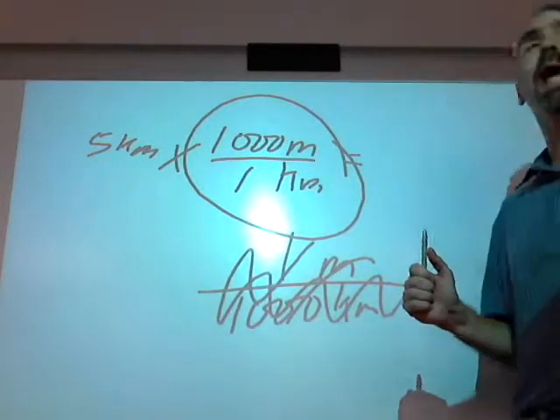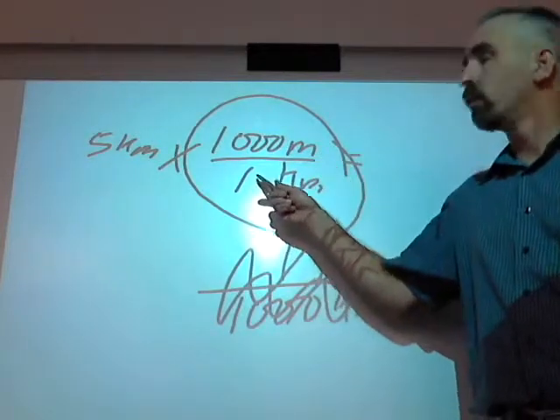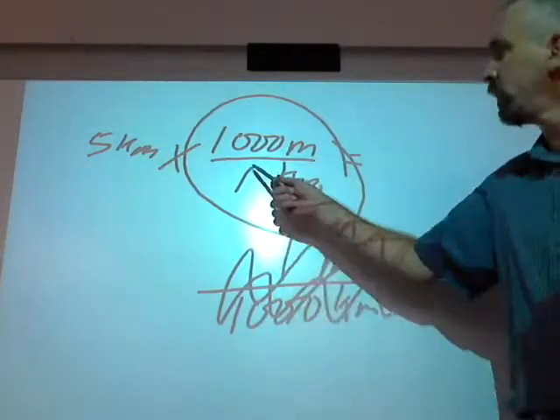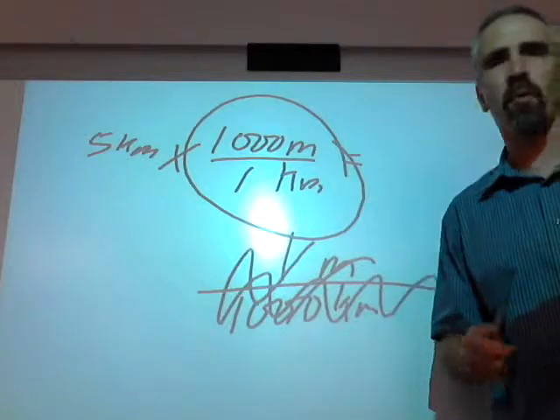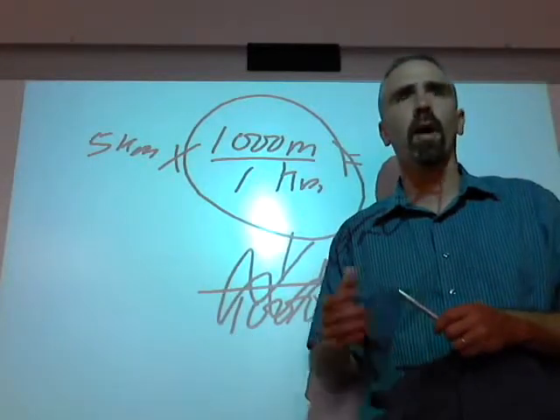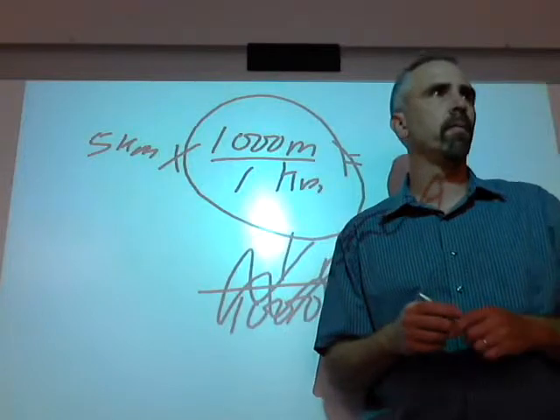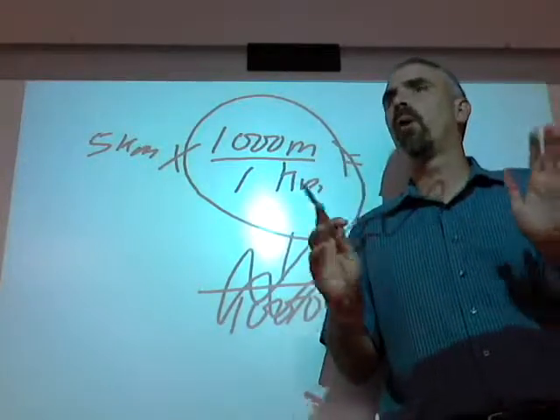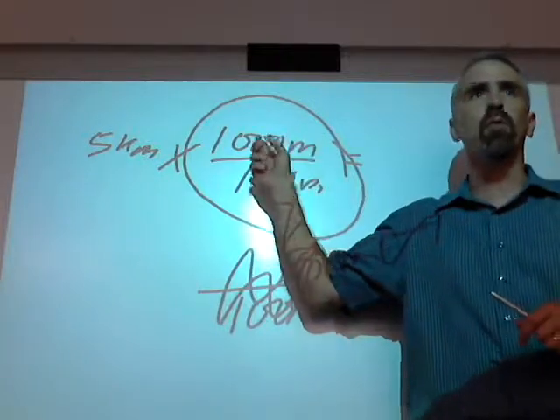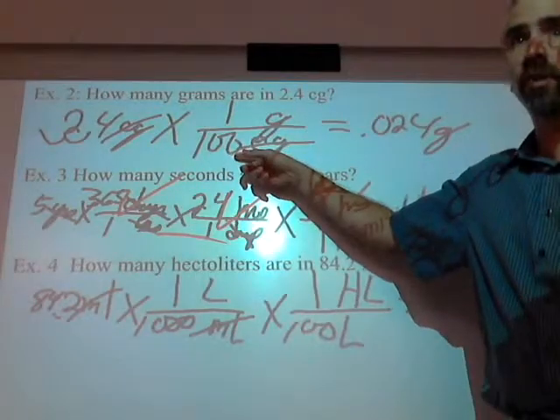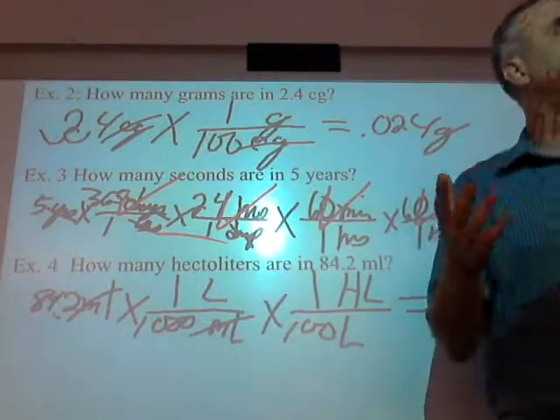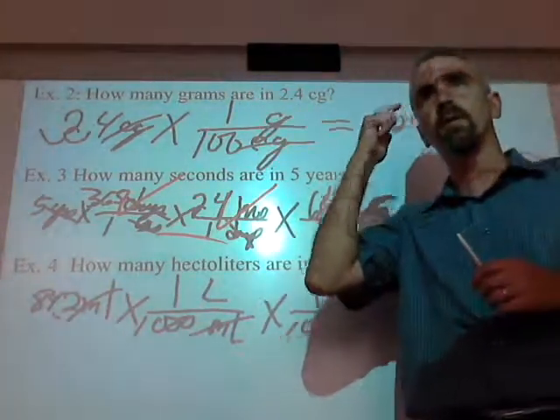All right, there was something else I was going to tell you about that too, but I forgot. Oh yeah. Last thing I want to say. Some of you are going to look at the examples, and they're going to see a 1 on the bottom here, and I'll come around while you're working on an answer, and I'll say, why'd you put a 1 down there? Well, that's what you had in my example. Did I ever say at any point here that the 1,000 always goes on top, or the 1 always goes on the bottom? No. If you look, here, the 1,000 is on top and a 1 is on the bottom. Let's look at the other one. Here, 100's on the bottom and a 1's on the top. It totally depends on the common sense. You have to use your head.